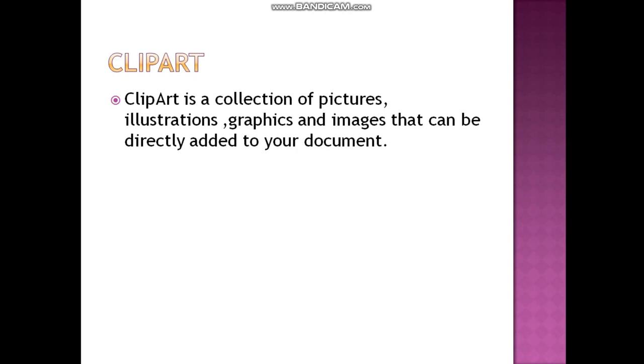Illustration means that illustrate something, that define something. Images means pictures again, and graphics again means in the form of cartoons that can be added to your document. I will explain all the options now, and later on I will show you in Microsoft Office Word. So try to understand what the option means.